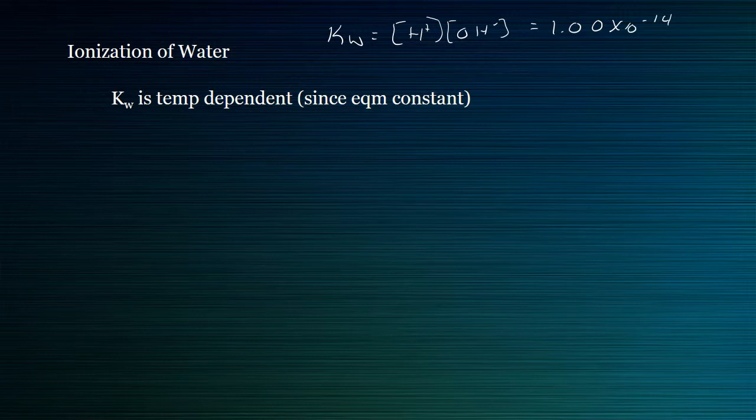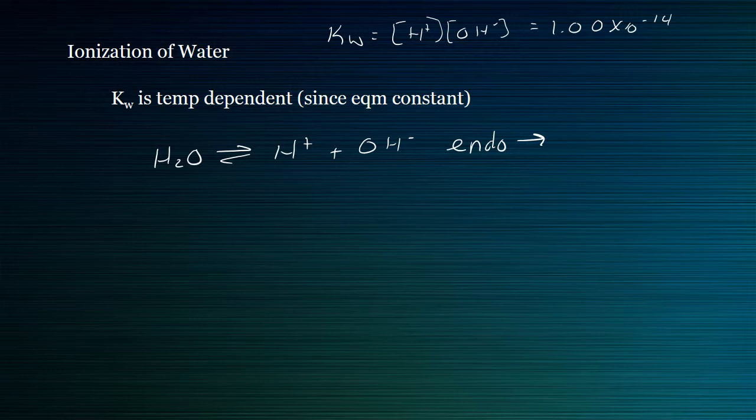And so when you look at the ionization of water, it's an equilibrium reaction, so we have water breaking down into hydrogen and hydroxide ions. This is an endothermic process in the forward direction because it is breaking bonds. It's breaking the interaction between a hydrogen and its hydroxide ion. Therefore, understanding that it is an equilibrium reaction and it's endothermic, we can predict the effect that temperature has on the